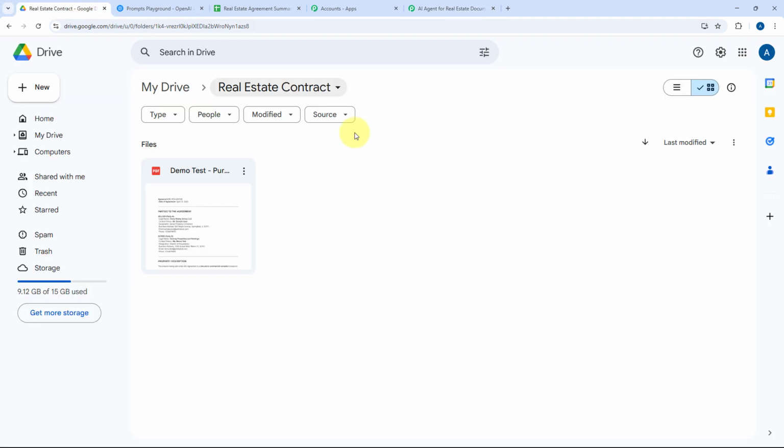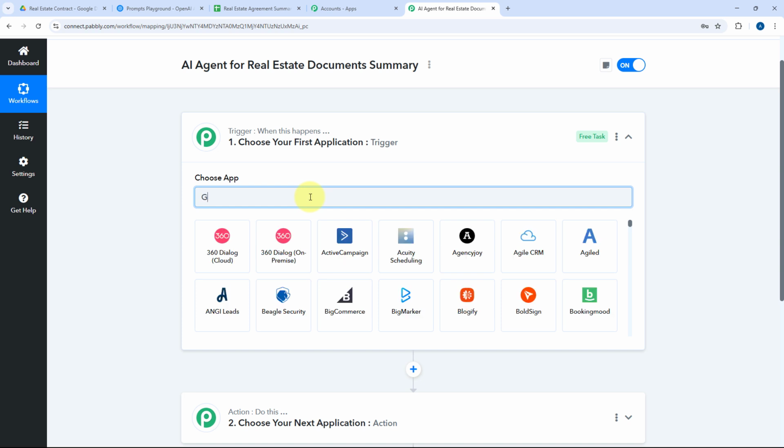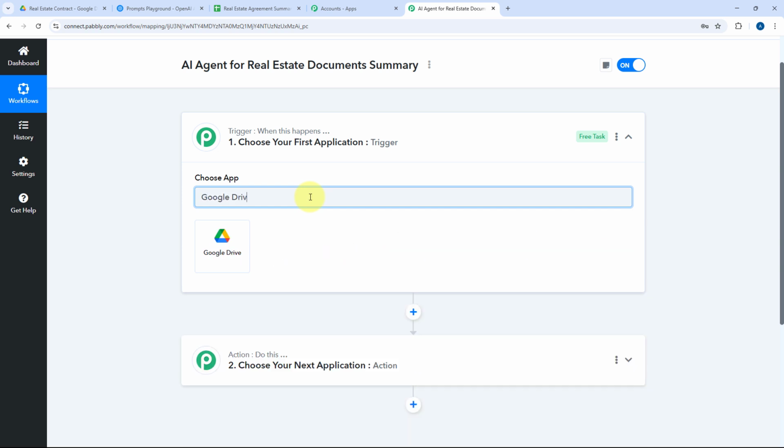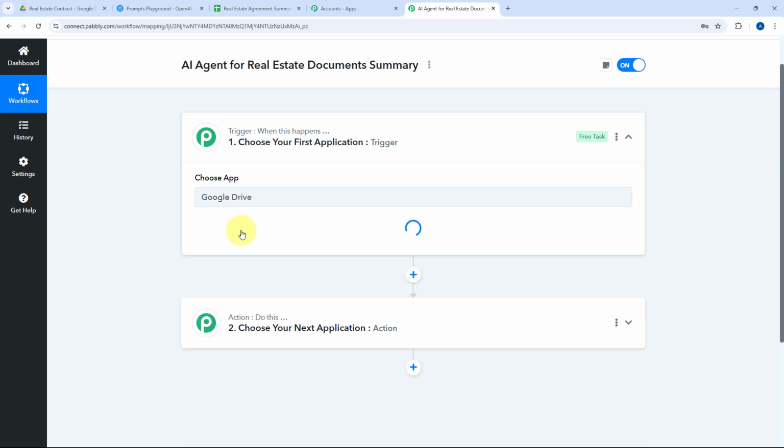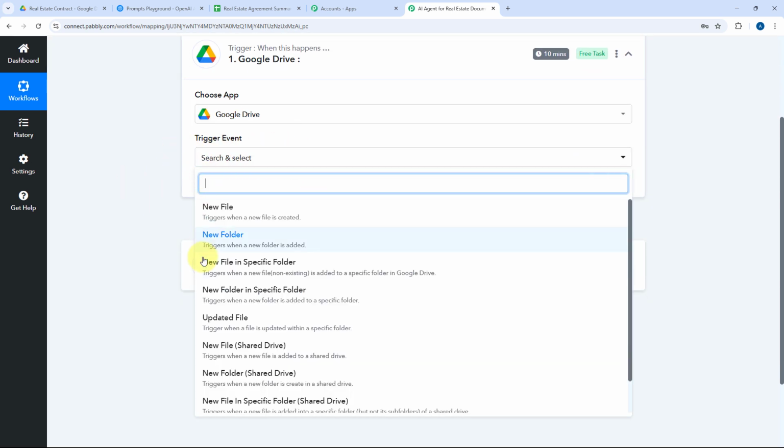So that whenever we upload a new contract, a new agreement or a new PDF document of our real estate business, automatically the details of the same document will be captured by this AI agent and this AI agent will trigger. It will start. So for that, here in trigger step, in choose app, search for Google Drive. Just select it. After selecting Google Drive, in trigger event from the drop down, select the trigger event as new